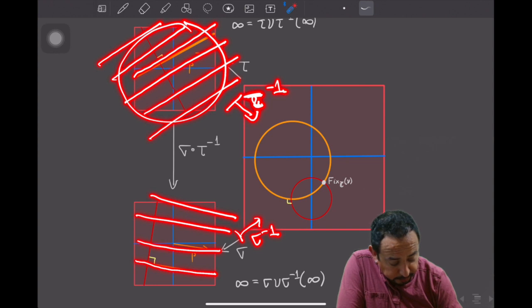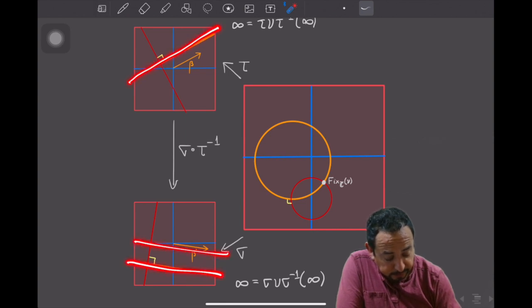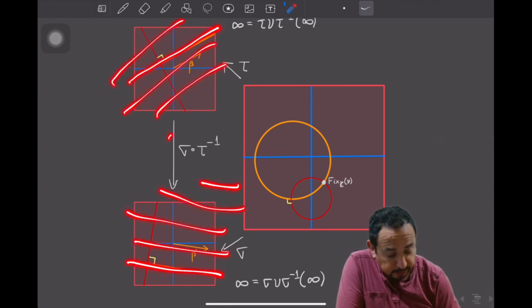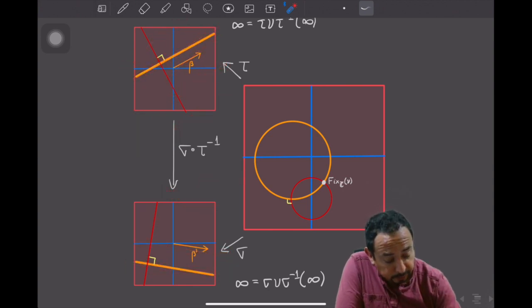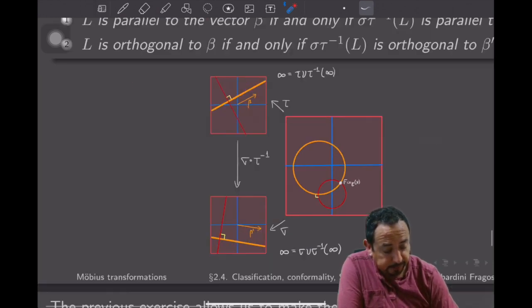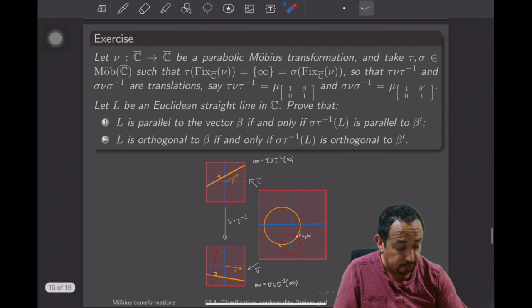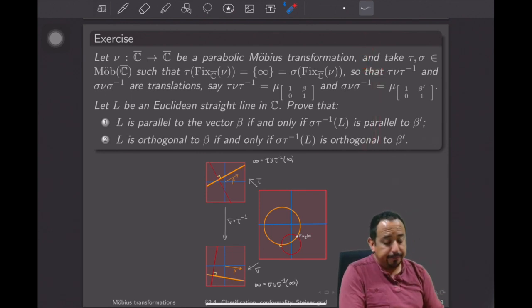Right, but that's what the exercise asks. You see, to check that the results are the same, it's enough to check that sigma tau inverse takes these ones to these ones. Right? And then also the orthogonal family to the orthogonal family. Okay, so that's what the exercise asks. And once you do this exercise, which is not very hard,